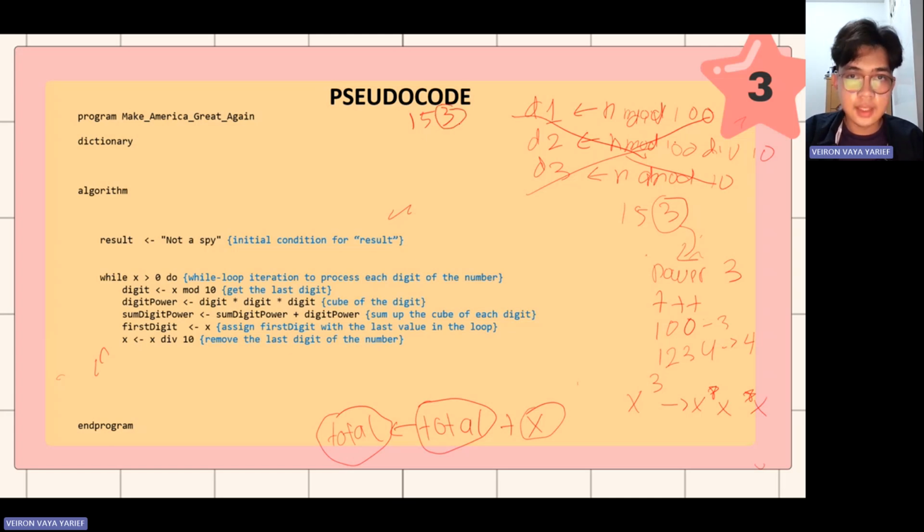At the end of the iteration, it will be 15. Take the 15 at the last iteration 1, process the 1. How do we eliminate the last number on every iteration? We do division by 10. After we process the last number, we delete it, so on the next iteration we get the next number on the line, right? That's why x assigned x div 10. And while the loop is done, we process it, good.